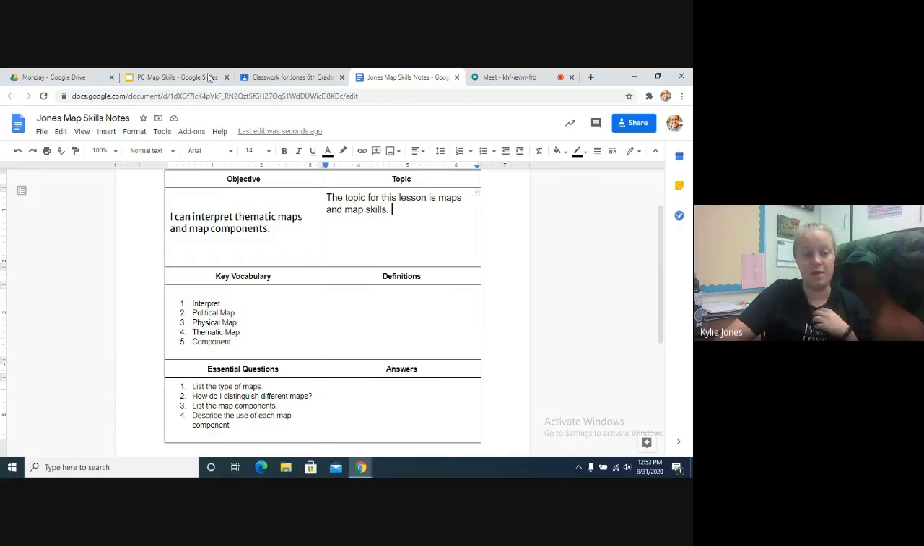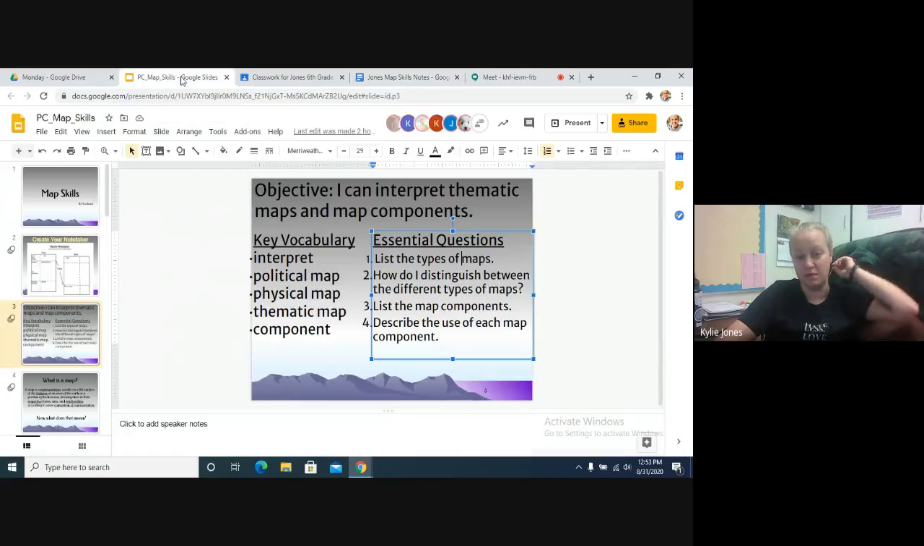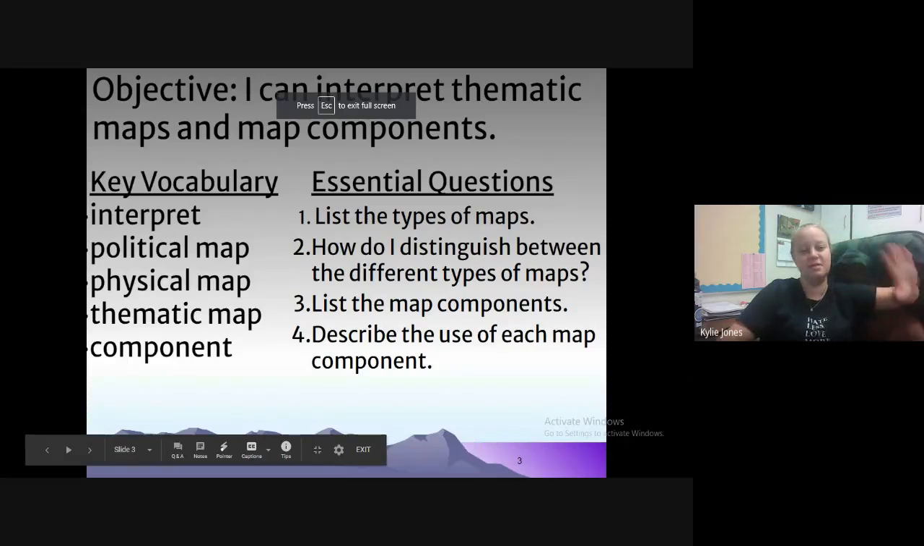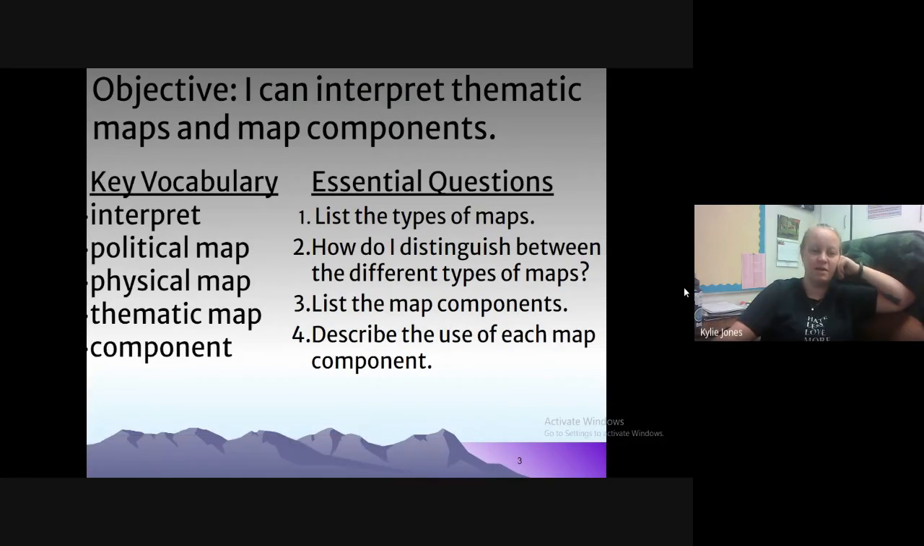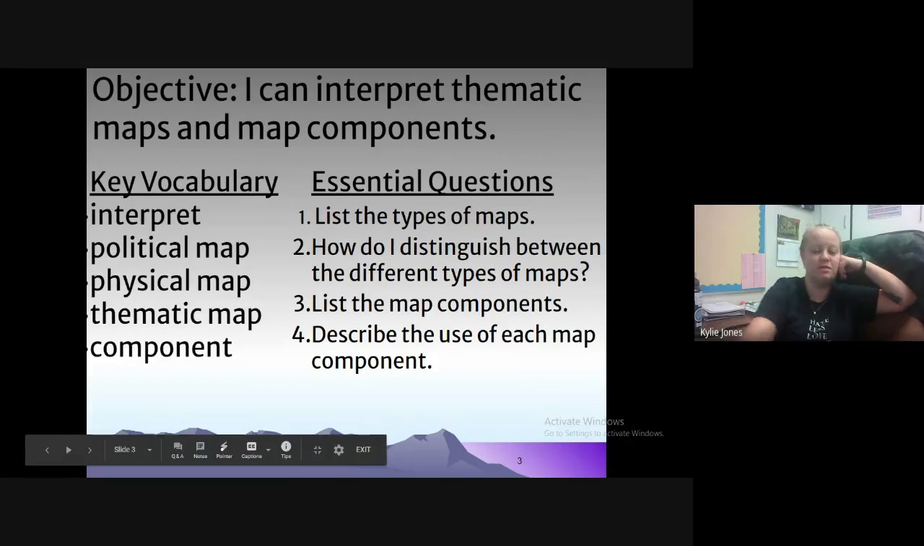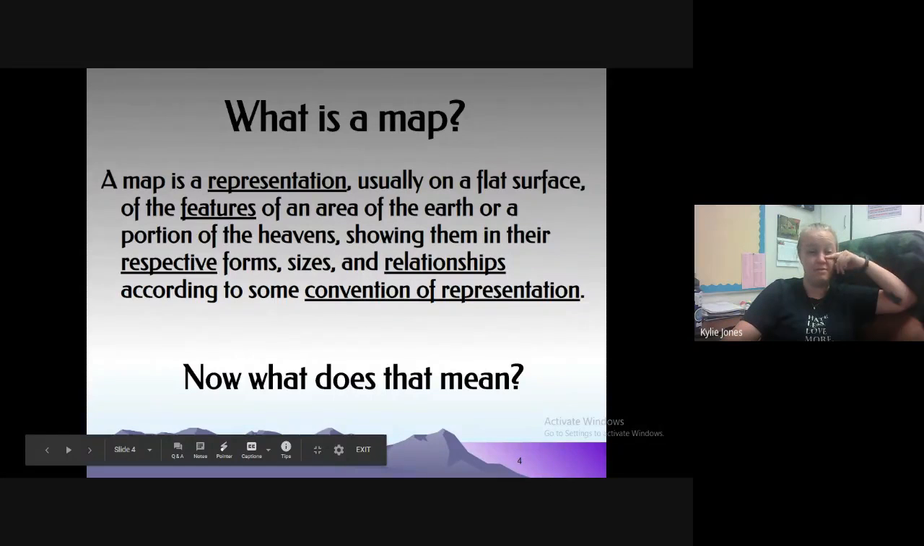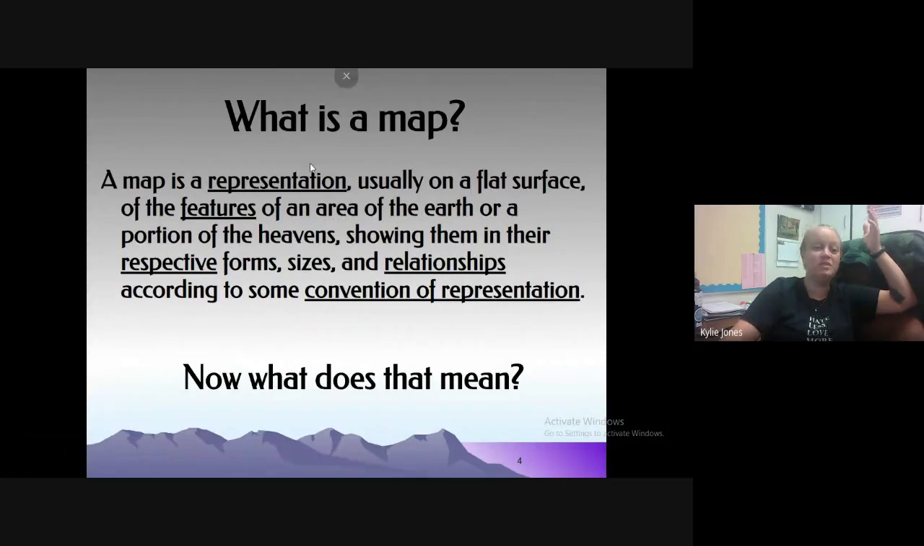Let's go ahead. I'm going to present again back to the PowerPoint. Okay, present, please. There we go. Can you guys see the PowerPoint now? Same slide? Yeah. Okay, so we have our objective, our key vocabulary, and our essential questions. This is kind of the gist of what we're going to do today. So to start it off, here's our first definition. What is a map? This is really long,